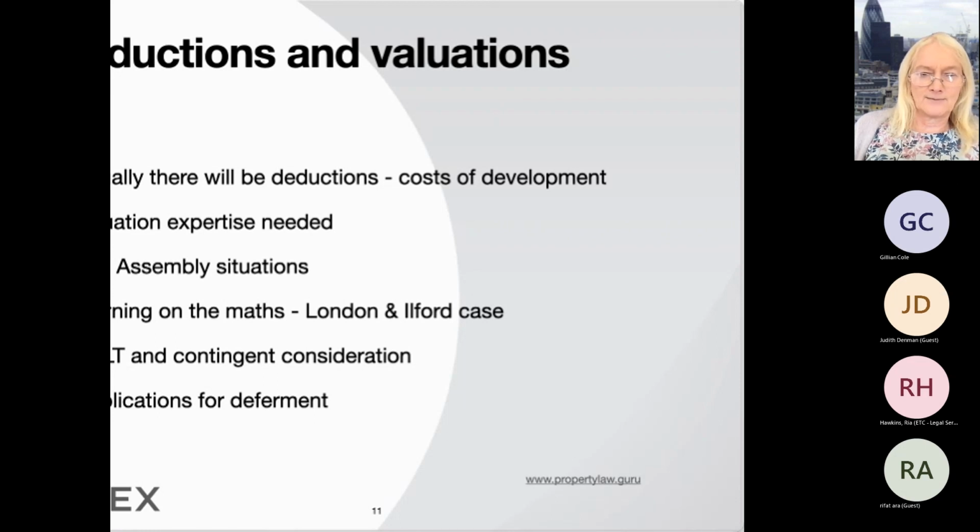So in other words, Section 51 says, in effect, that if you have to pay overage in the future, let's say you're buying the land for £1 million, and if planning permission is granted, then you have to pay 50% of the increase in value. And the increase in value would be to £2 million.